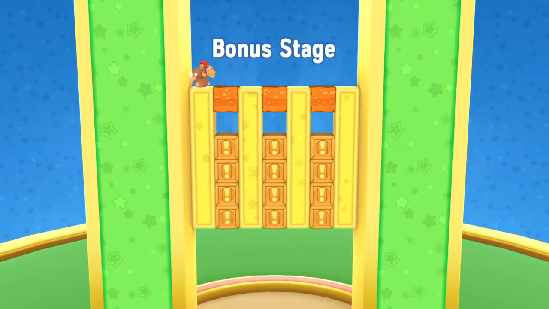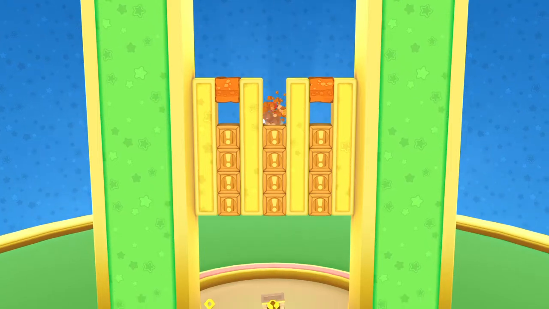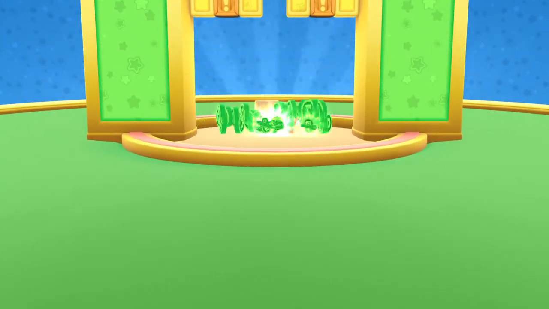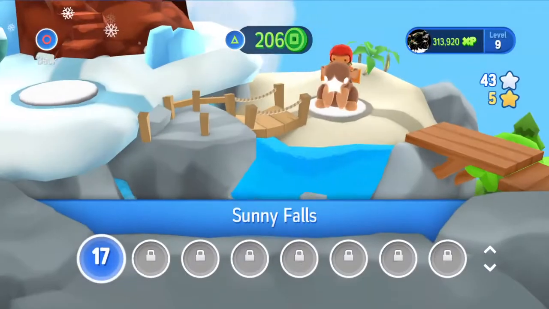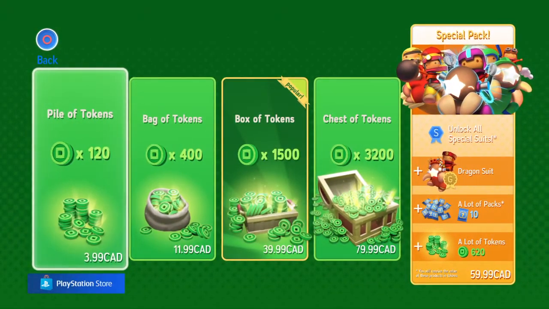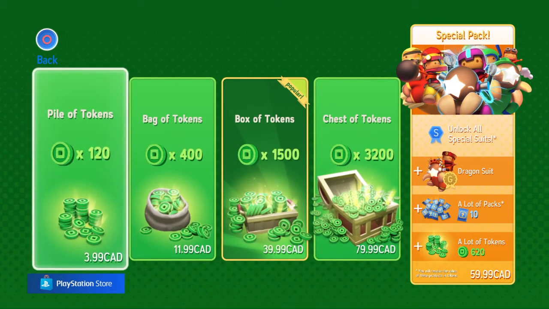This is one of the bonus stages, by the way. You get to do this every time you level up, and it gives you these green tokens. The reason these green tokens are important is because you can use them to buy things in-game. You can purchase these tokens yourself with real money. I'm Canadian, so these are the Canadian prices. I don't know if it's showing this on my broadcast, but